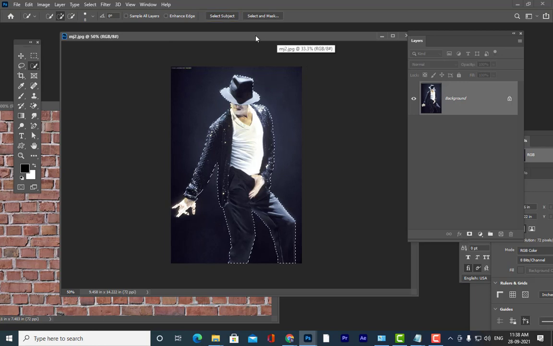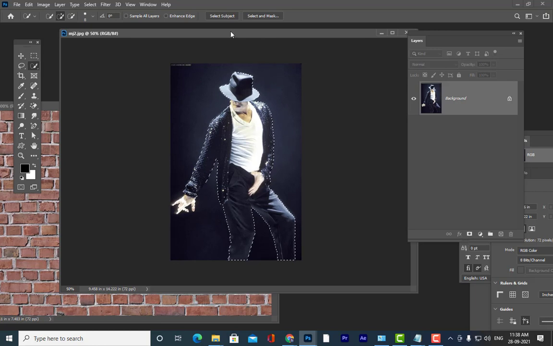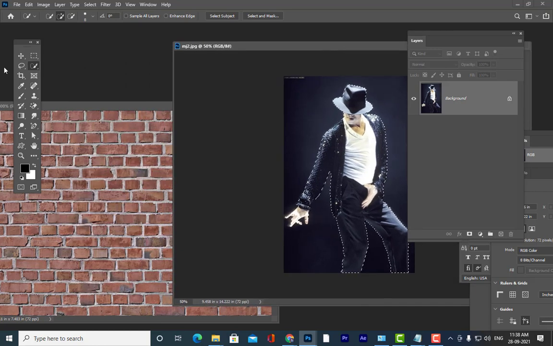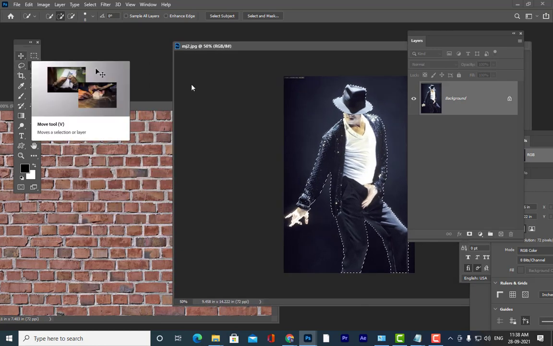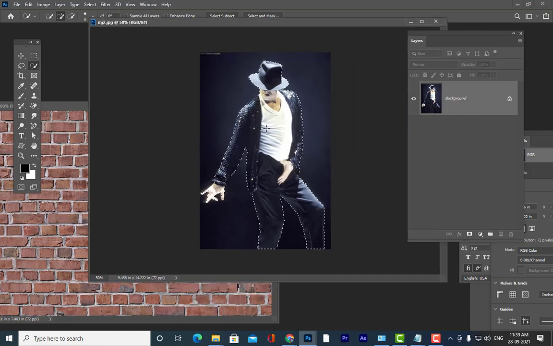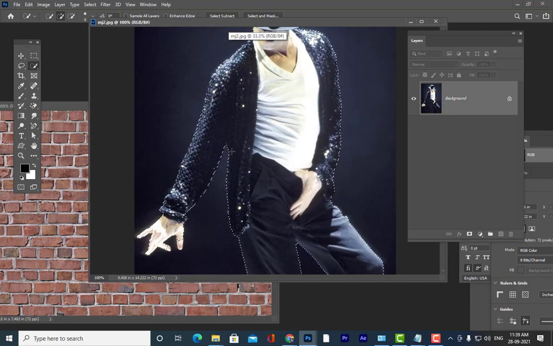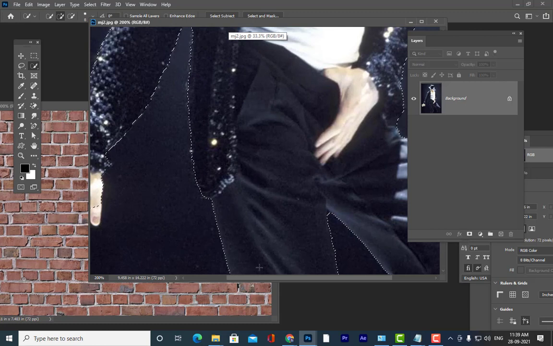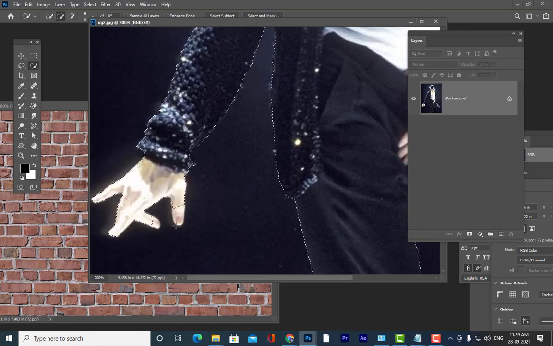Then what is the next step we can do? Simply drag the Michael Jackson. Okay, you can actually zoom and check if the Michael Jackson is properly selected. So you see his fingers are not fully selected. So what you can do, anybody can tell if you want his fingers to be properly selected.